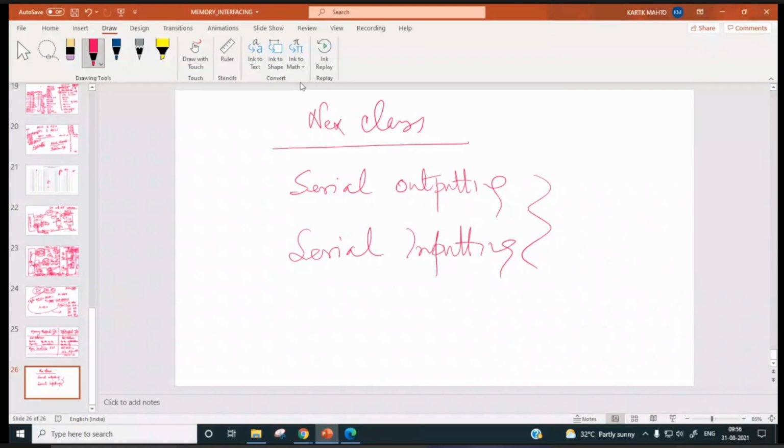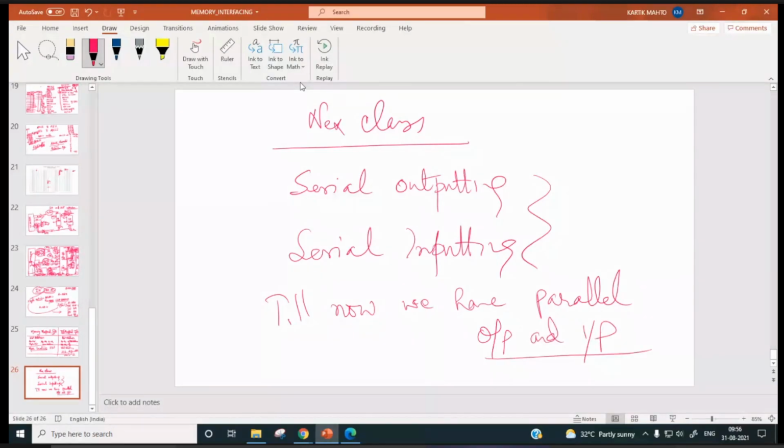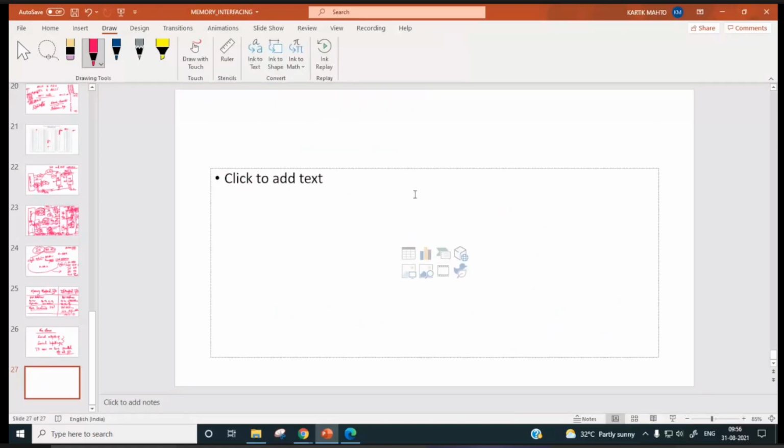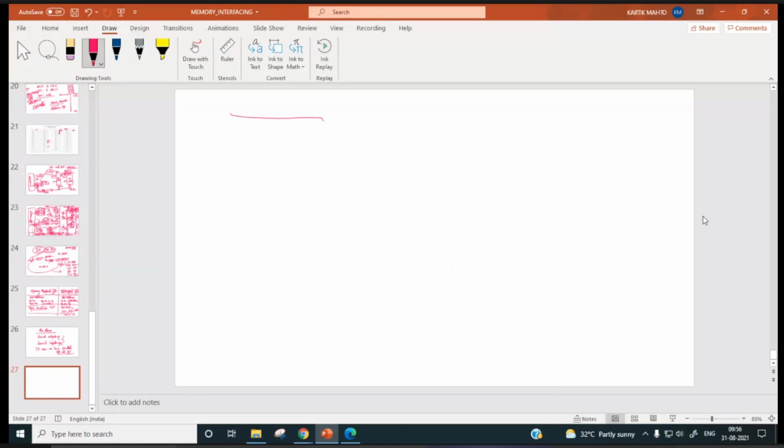Right, till now we have discussed parallel outputting and inputting. So how do we output data parallelly? In 8085, via which pin is data outputted parallelly?